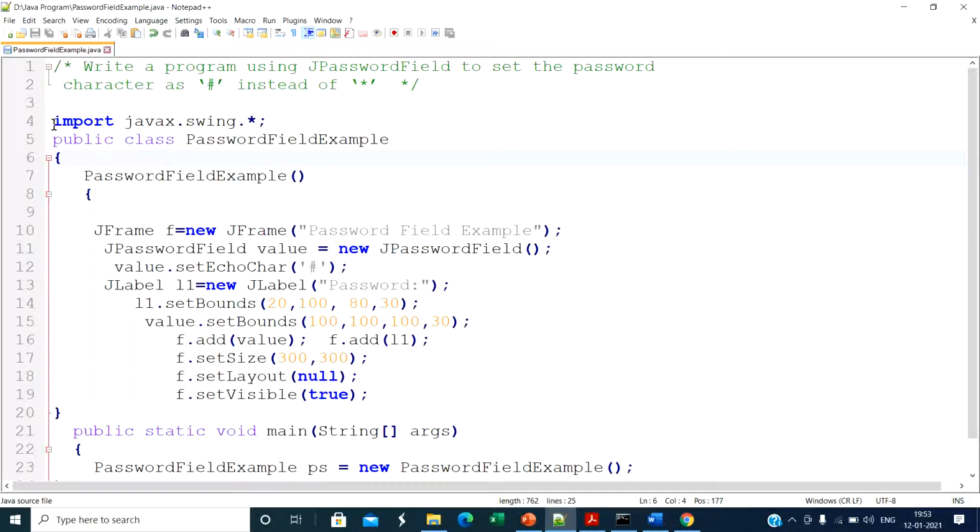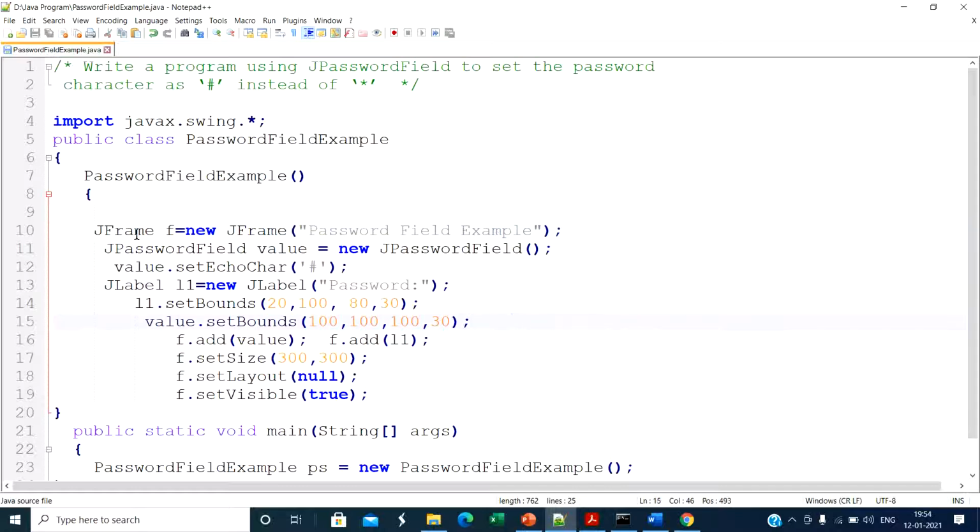First we import the javax.swing package, because these two components, JTextField and JPasswordField, are from this package. Then we create one class, public class PasswordFieldExample. Inside the class we define the constructor PasswordFieldExample. In the constructor first we create one frame with the title PasswordFieldExample.